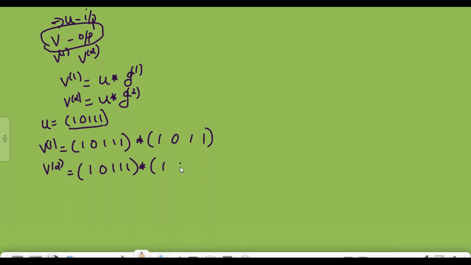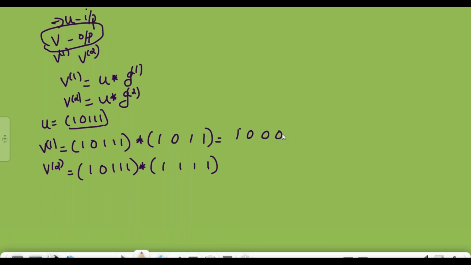Here it is 1 1 1 1, and here the output we have obtained is, you can check, in the last class I think I have done the same example. Find the convolution sum of these two sequences, that is the input and the impulse response of the first adder element. Here the input and the impulse response of the second adder element, and we have obtained the output as 1